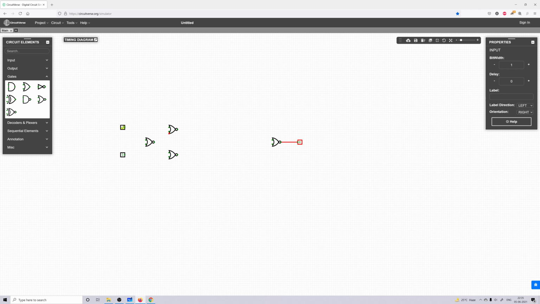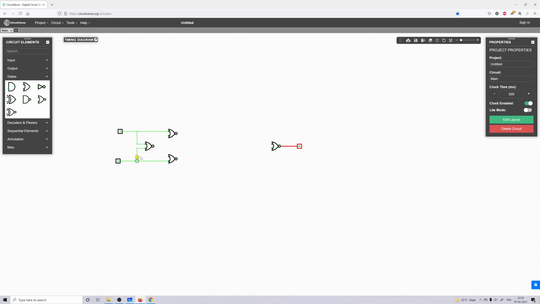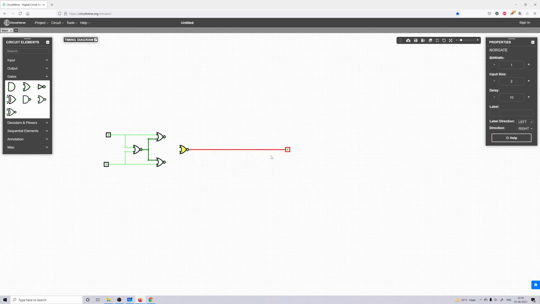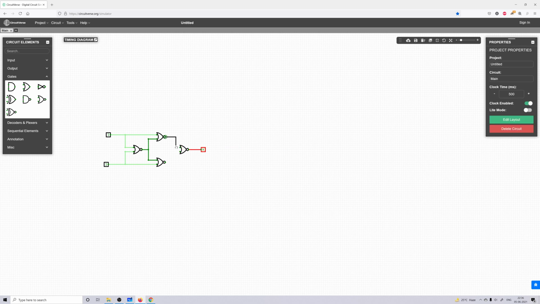Okay, let us now connect. Okay, so this is a circuit we have